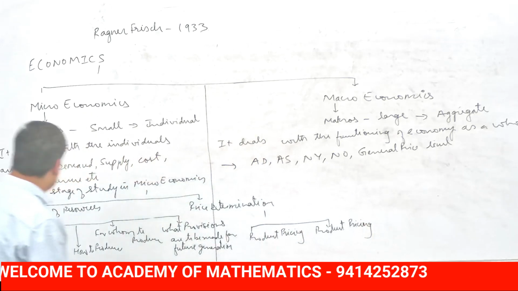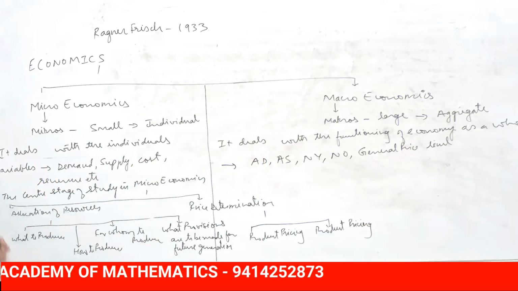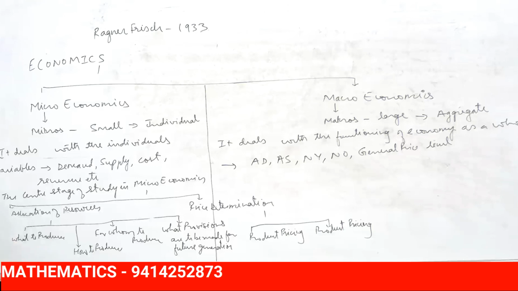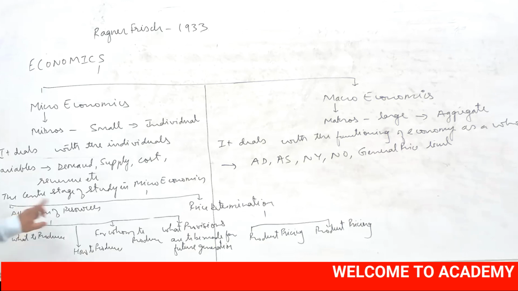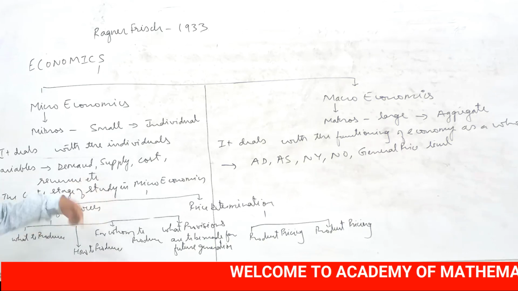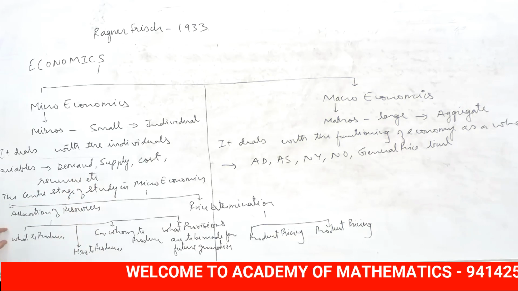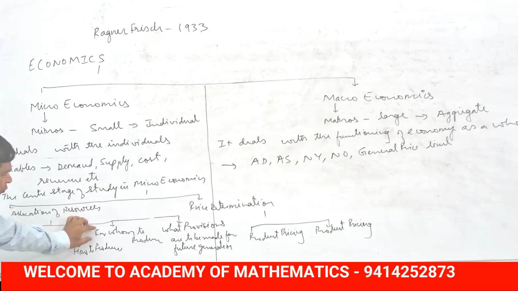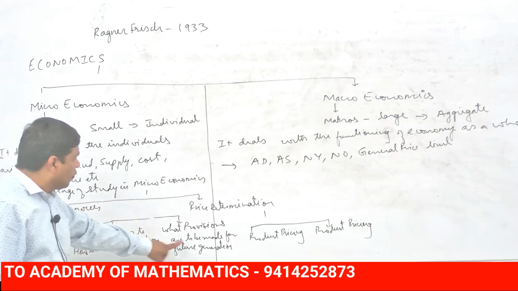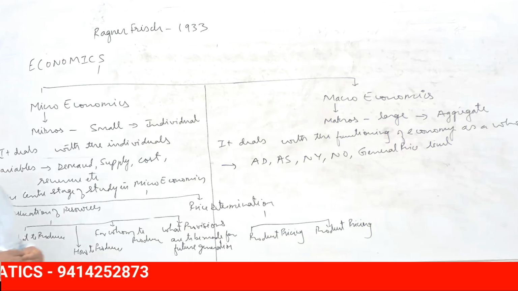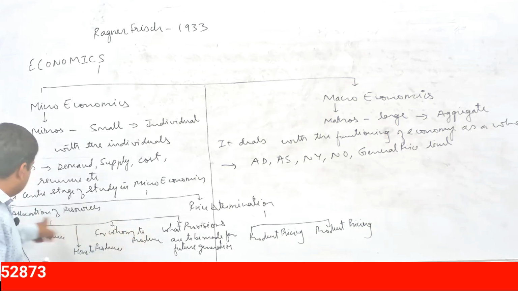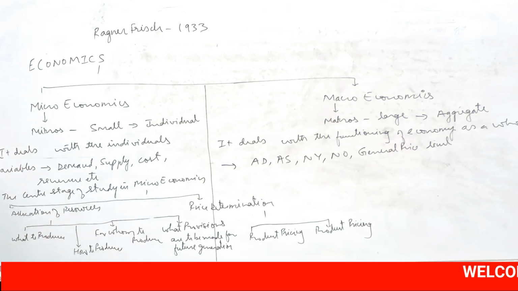Okay, so this is, we can say, what to produce, allocation of resources we have discussed. We are having the central problems, we are having limited resources, and we have to make a choice accordingly. The first central problem is what to produce. That means which goods and services are to be produced. We are having limited resources. We are discussing the center stage of study. Apart from this, we will discuss many other things as well, but here it is what to produce, second is how to produce, third is for whom to produce, and the fourth one is what provisions are to be made for the future generation. That is, we put resources aside for the future generation also. So these are the allocation of resources in our business economics syllabus, students.